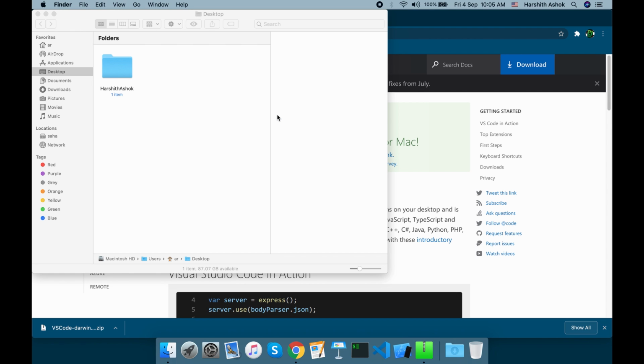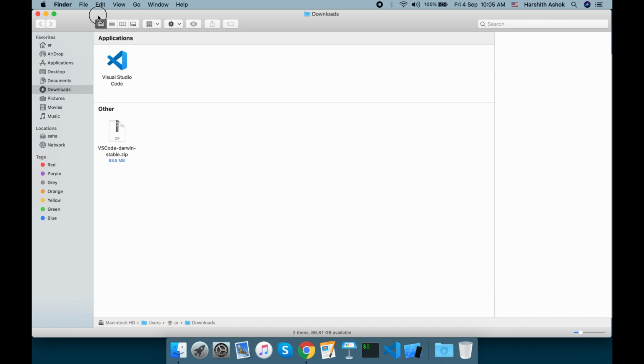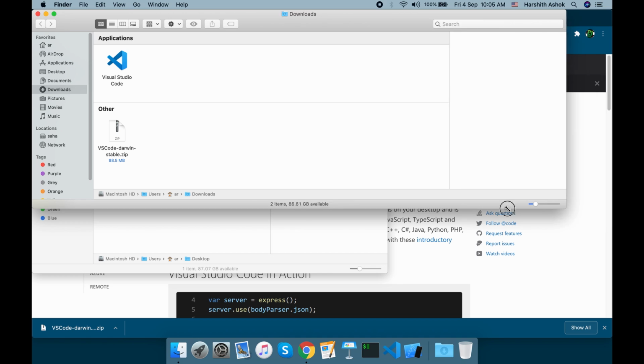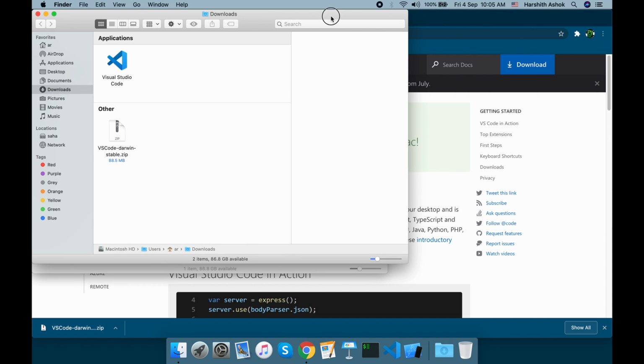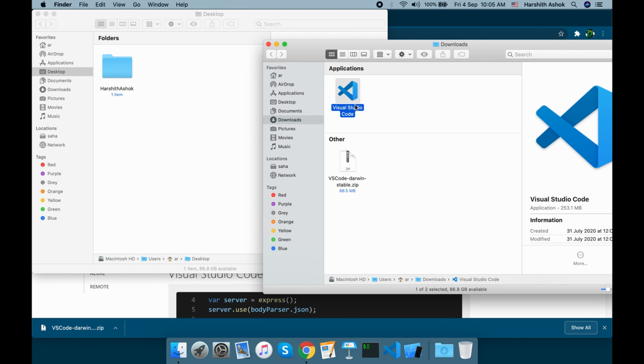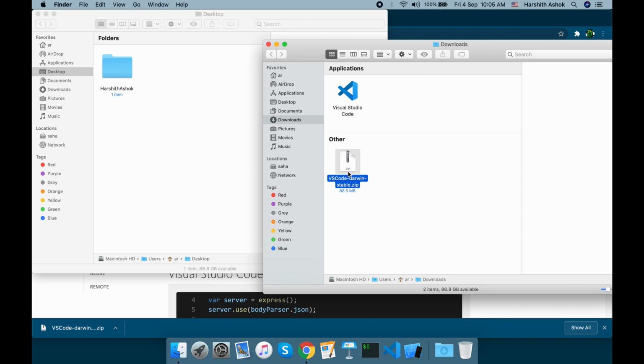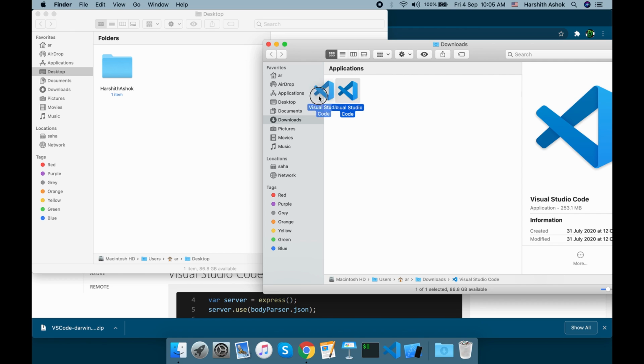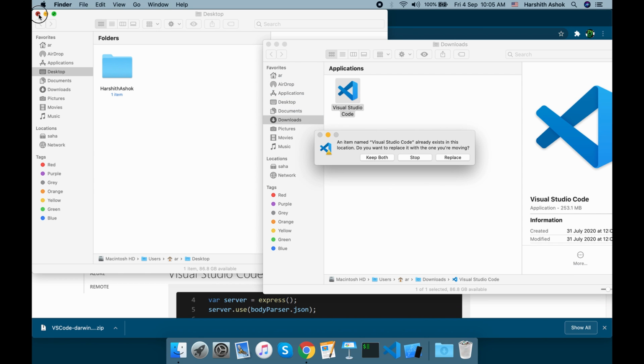It has extracted it, and now we get it as a new folder over here. You can see that the application has been directly unzipped from this. So now we can delete this. Now all you need to do is just drag this inside the applications folder over here.